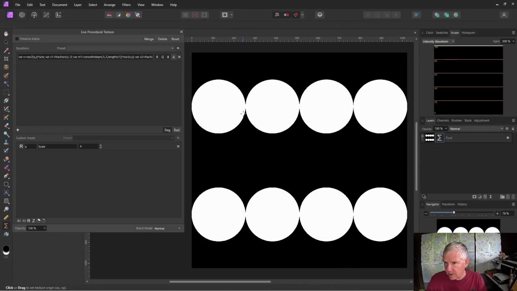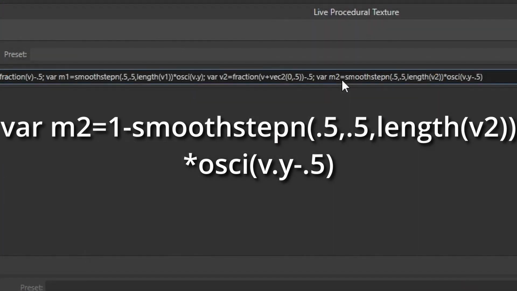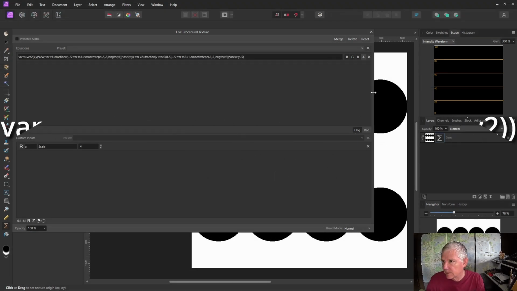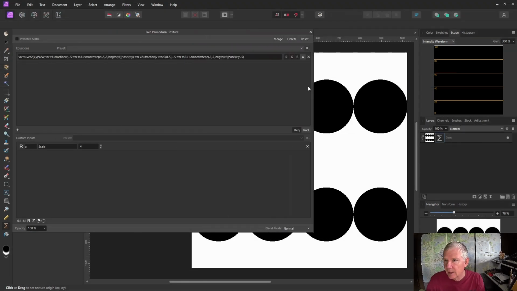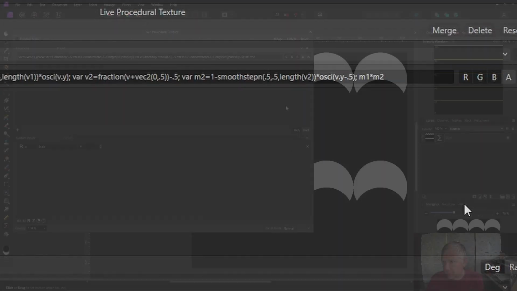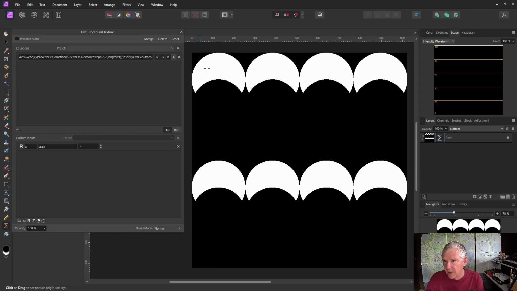Now I want to multiply this, and these are white with a black background. I need the opposite of that. And so I'll just do 1 minus to invert that. And now just to do a quick check, I will multiply M1 times M2 and see if it looks right. Okay, so I have these sort of crescent moon shapes, and that's what I need for the first part of this. Now I need to subtract off another black circle that's going to go in between each